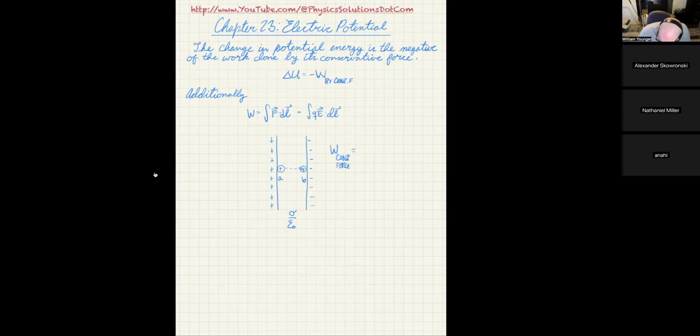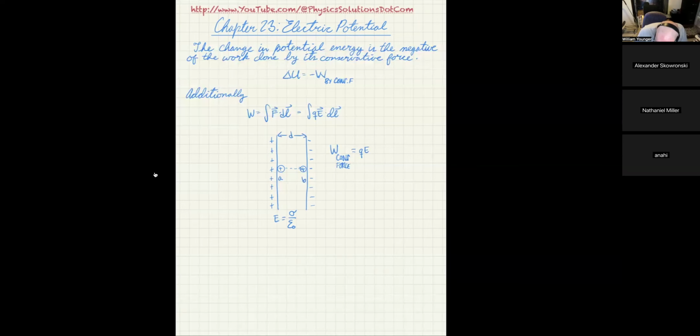And of course, that electric field is just E, and the charge is just Q. So we have Q times E, and this is what I refer to as E, times the separation between them,